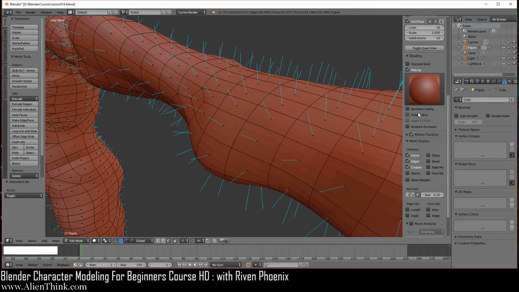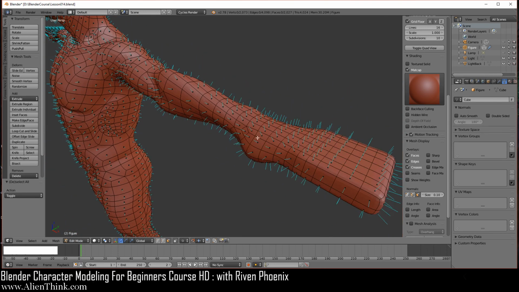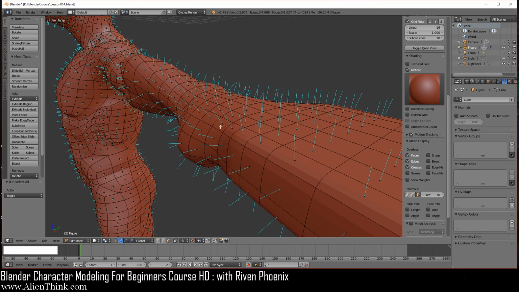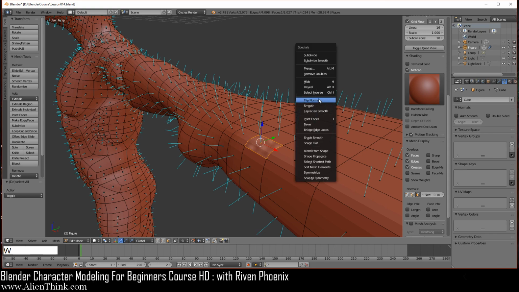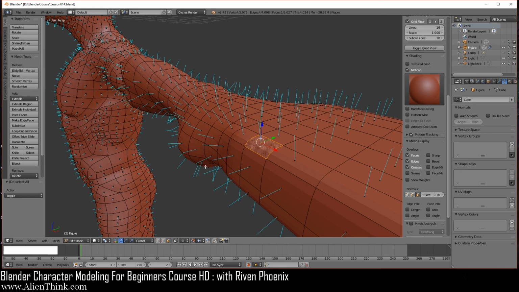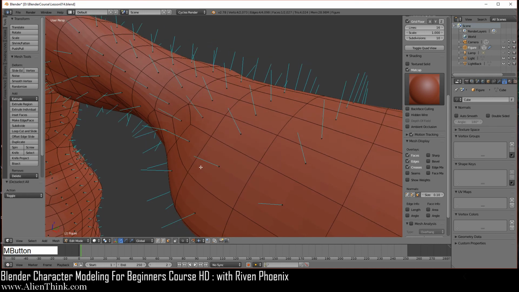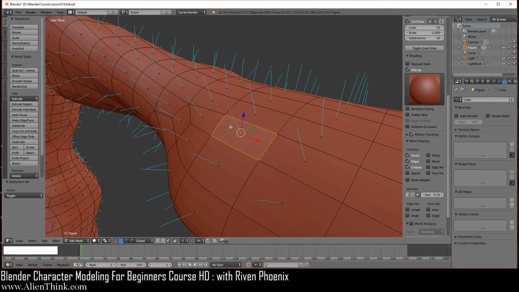Now the thing to remember about the back face culling is when you are working on your 3D objects, sometimes you'll get faces that are not facing in the right direction, right? And you can find them by clicking on this. And if you start to see holes in your 3D model, you can find those faces, click them and do W and just do flip normals, okay? So anyways, the reason I'm showing you all this stuff is because it has to do with normals.